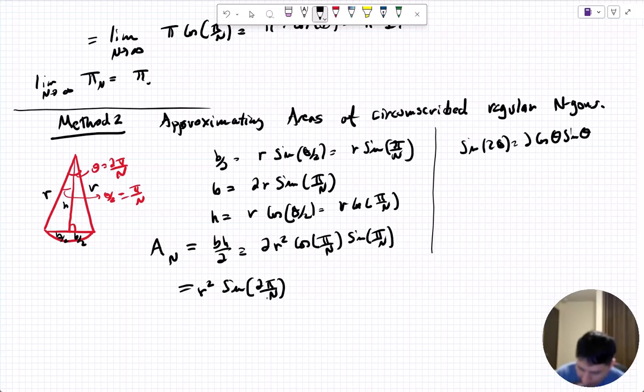2 pi over N is pi over N, right? So yes, that seems to be okay, actually. Am I on track? Yeah, so it's twice r sine of theta, okay? Okay, so now the area